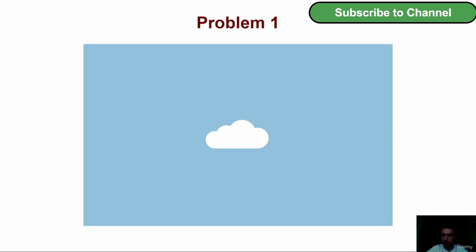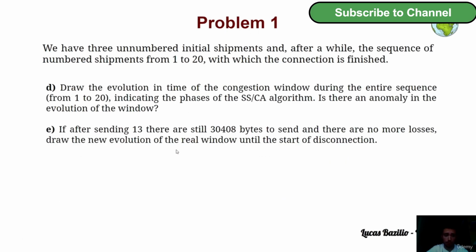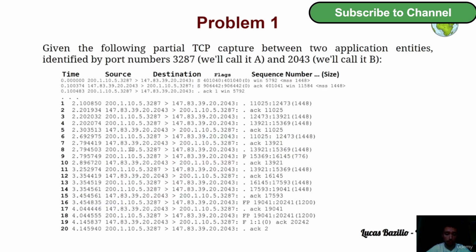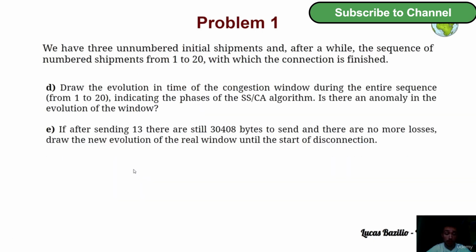Hey everyone, in this lecture we are going to solve question E of this problem 1, which is the last question of this problem. In the previous question we drew the evolution of the congestion window during the sequence from packet 1 to packet 20 in this TCP connection. Now in question E we need to consider this: if after sending packet 13 there are still